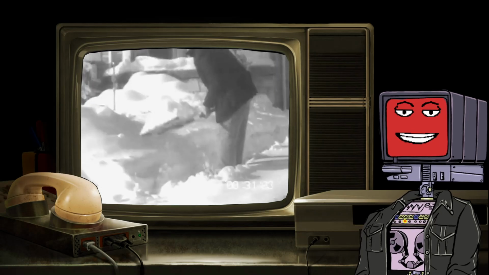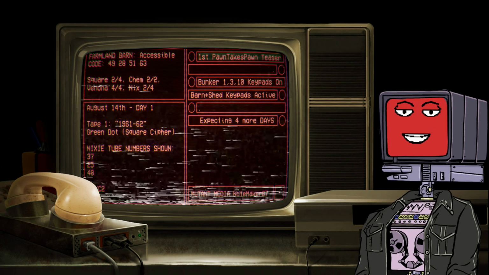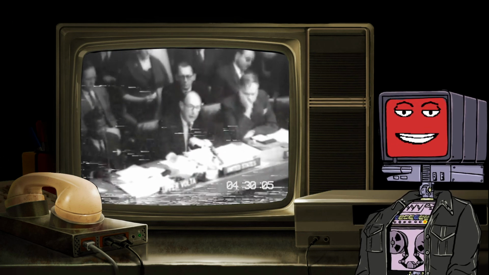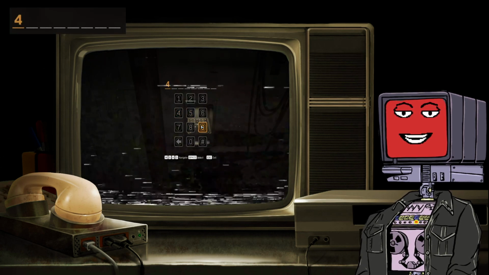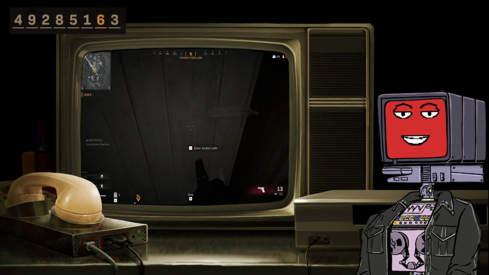What's up, folks? Today we had another reveal of the upcoming Black Ops Cold War game and the first active steps that are tying it into Warzone. At noon Eastern time, we got a 20-minute video on pawntakespawn.com, which had lots of little secrets, including a code for the shed keypad in Farmland, which is 49285163 by the way. Inside were the first 4 pieces of the ciphers we are meant to uncover and use